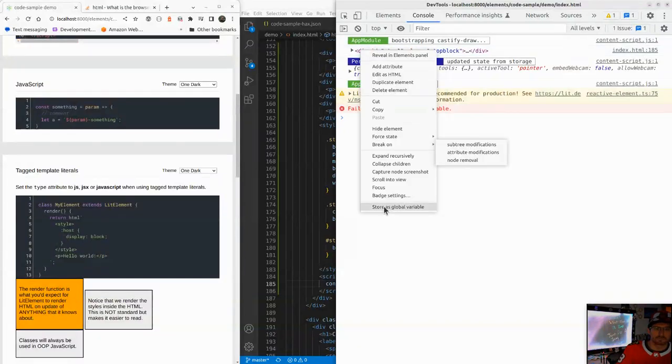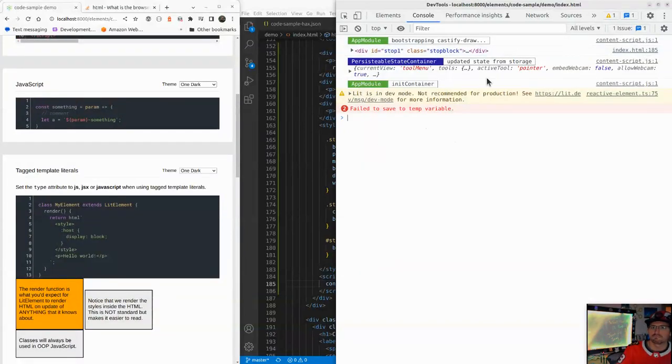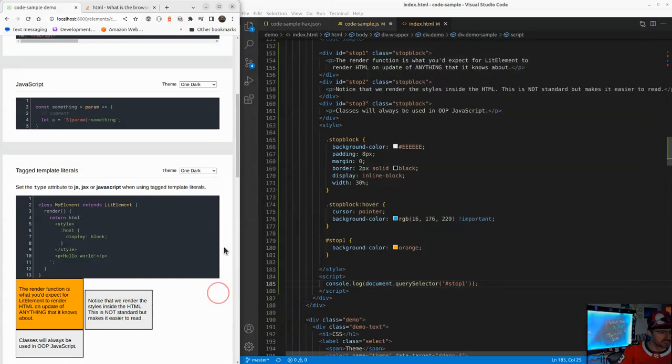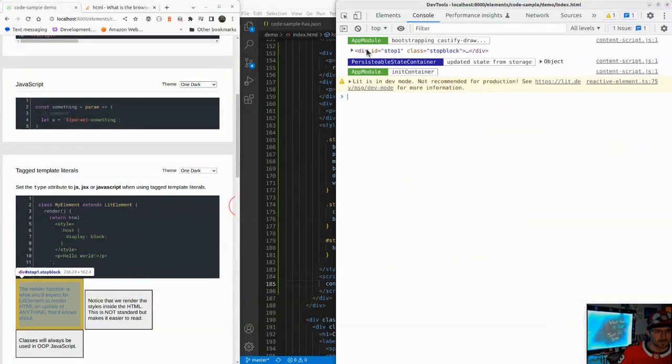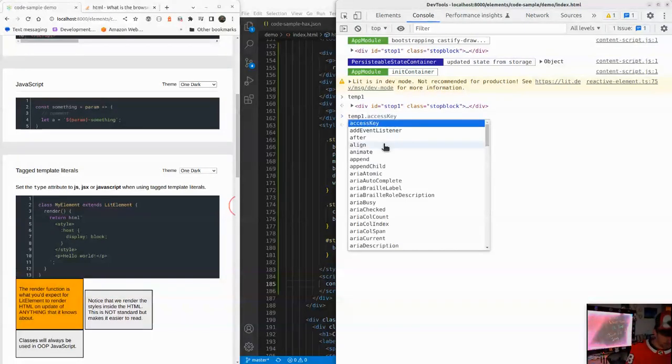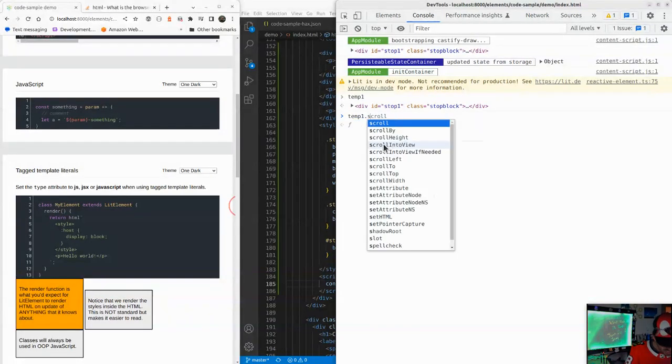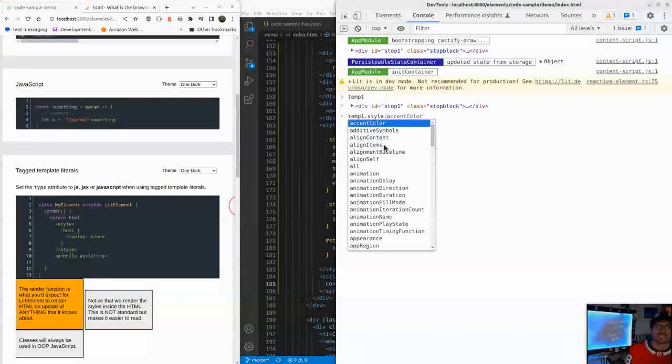can't I store that as a... Try this again. It won't let me store that as a global variable. Oh, probably because it already had a temp one. It was mad at me. So I do temp1 dot style dot